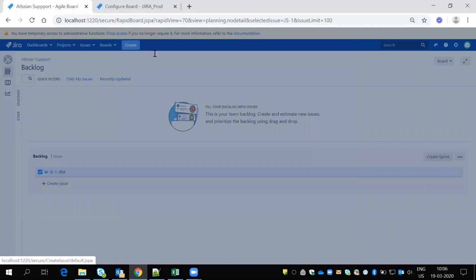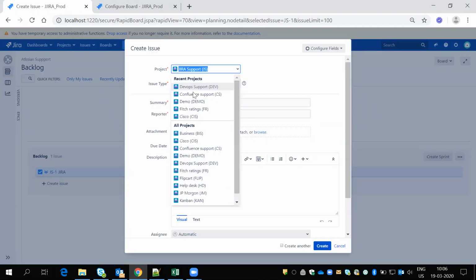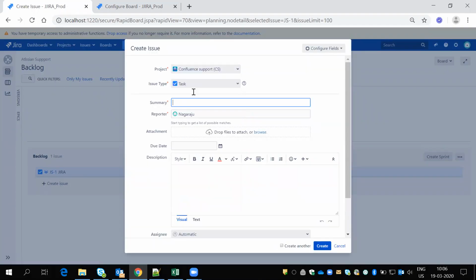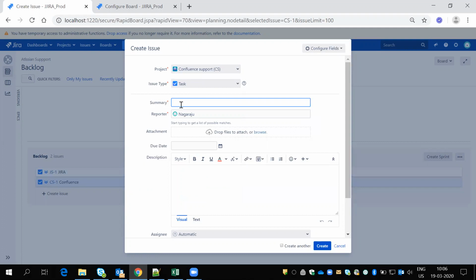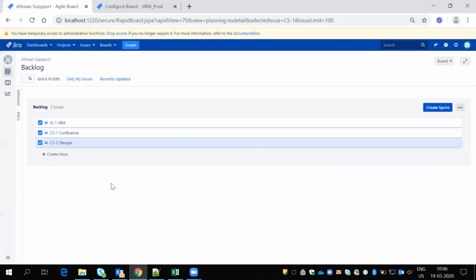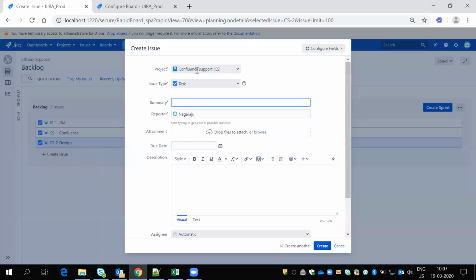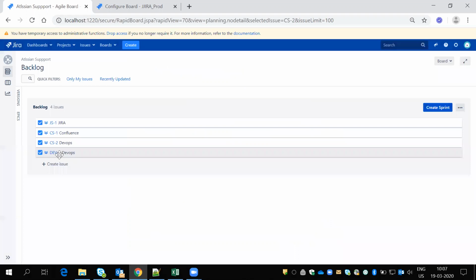Suppose I create a Confluence ticket, it is also coming here. If I create something like DevOps, the DevOps ticket is also coming here.